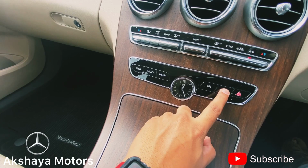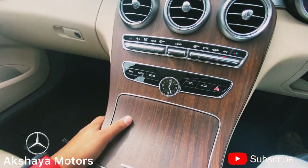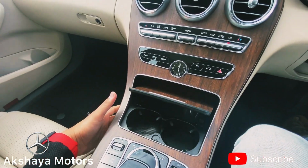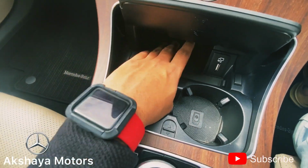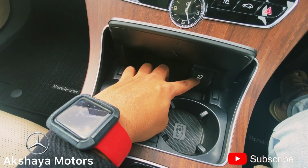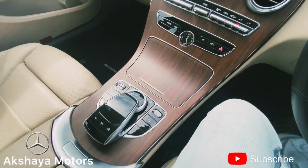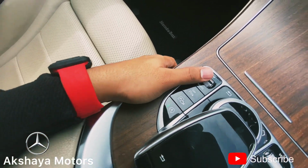In the center you do have the fancy analog clock, which also adds a beautiful luxurious touch to the vehicle. And also in the center you have 2 cup holders which are hidden inside, which absolutely adds an amazing touch to the vehicle. And there are charging sockets present inside, which makes it easy to charge your phones without any wires dangling outside. So moving on to the center, you have the touchpad to control the infotainment system,